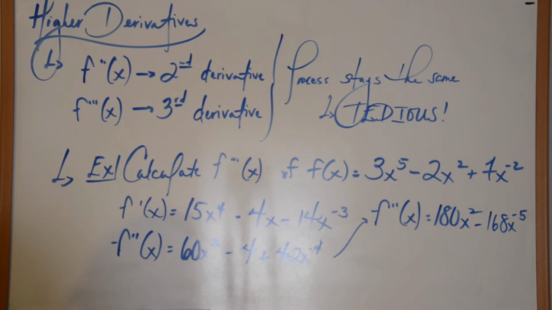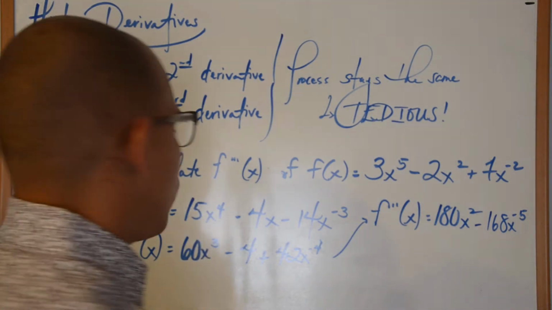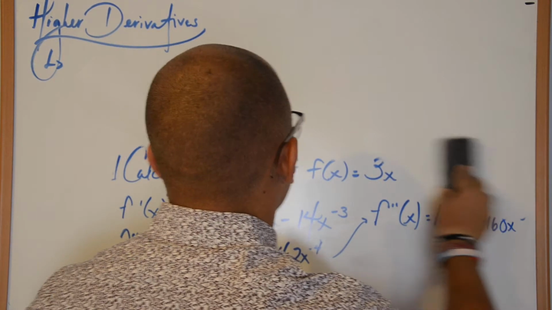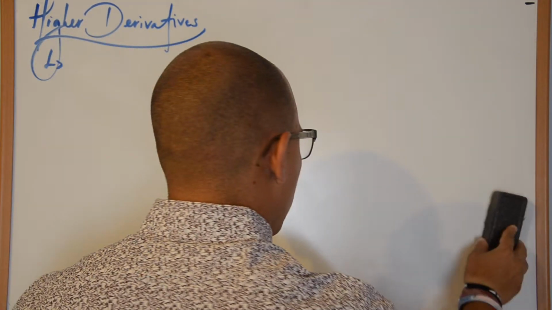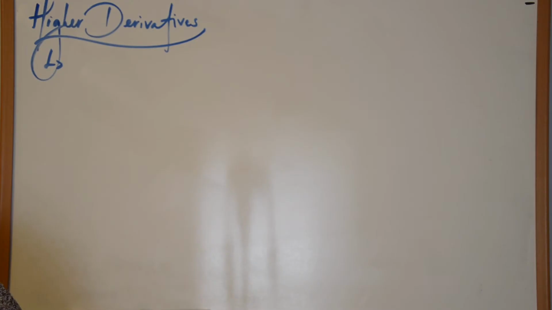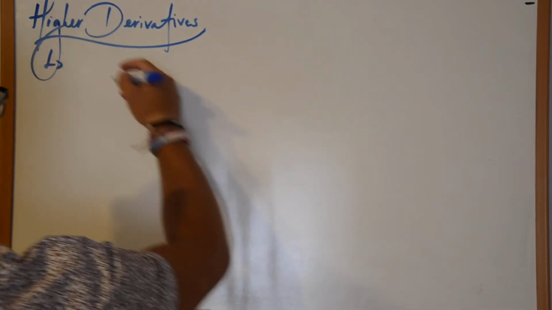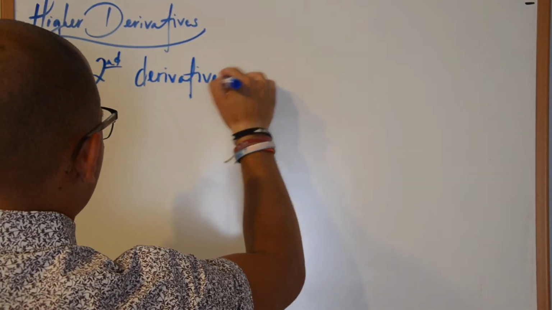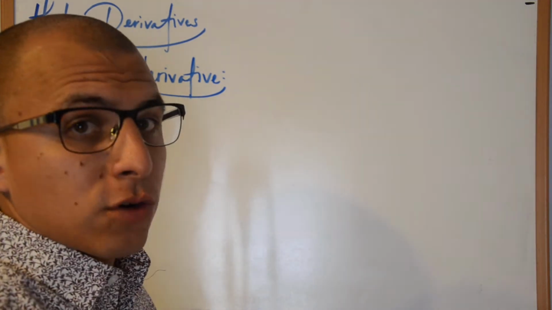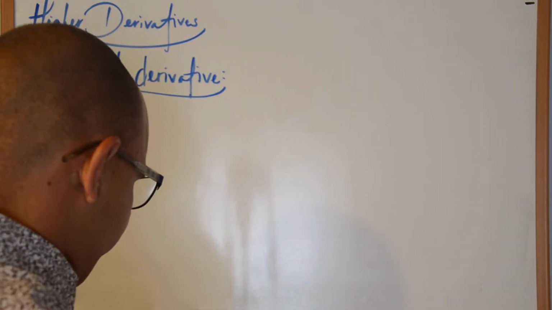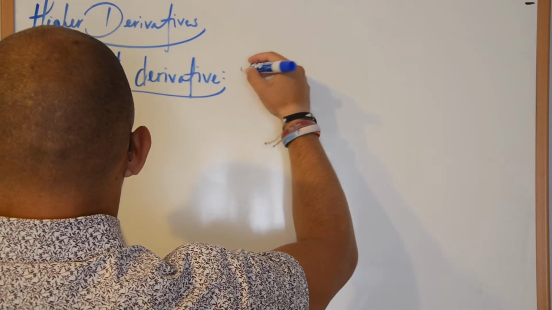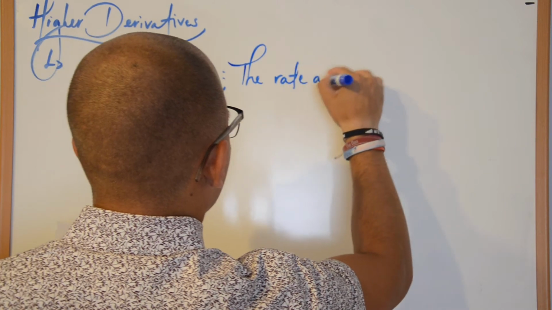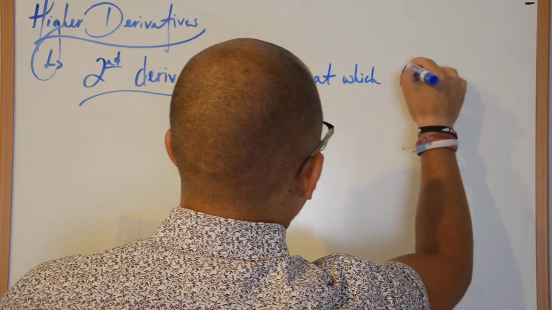Alright, well, that's the process, but what is the purpose of higher derivatives? Since we know that the first derivative tells us the rate of change, what role does the second derivative play? The second derivative is actually really crucial and is going to be a focal point of our discussion on curve sketching, which is the next chapter. But this is the rate at which the first derivative